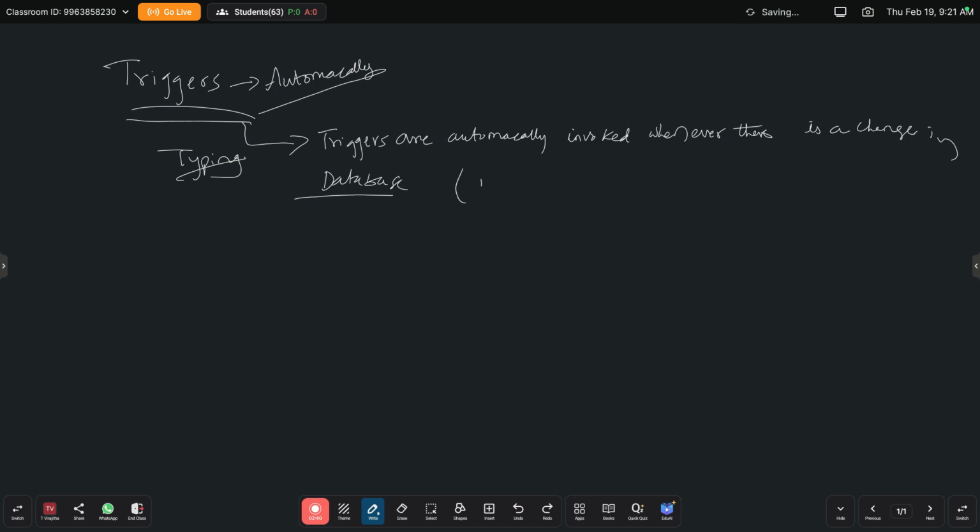Either it can be insert operation, delete operation or update operation. So whatever operations that we are performing on the table, that is insert, delete and update, these operations can be automatically performed using triggers. Clear?